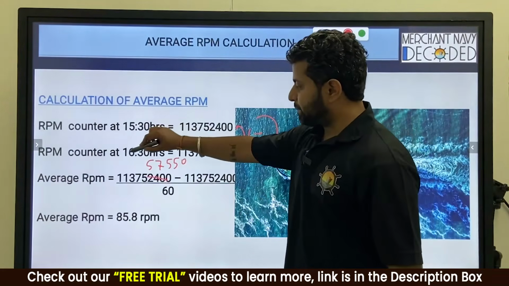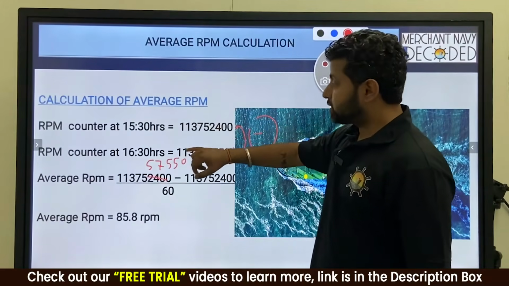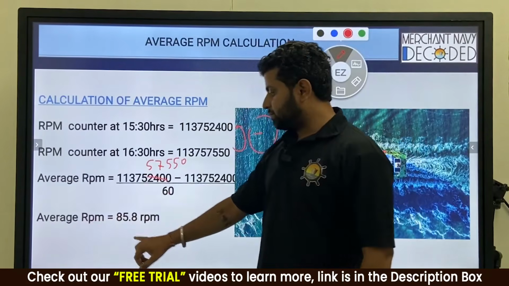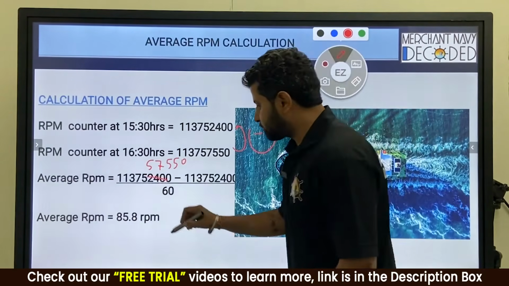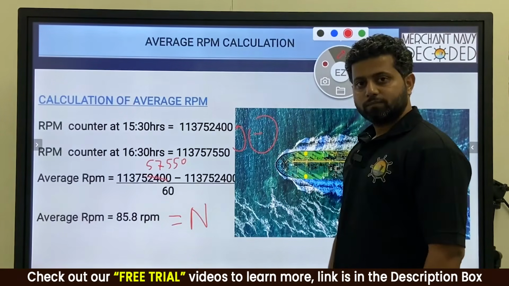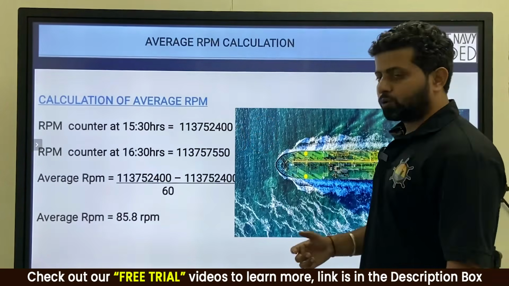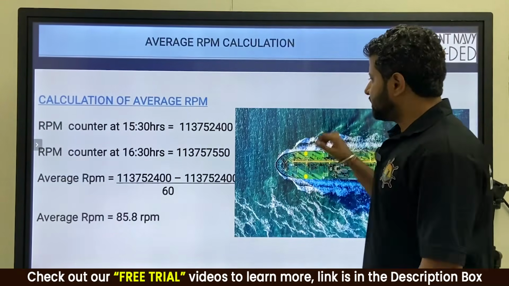So 1630 hour RPM counter minus 1530 hour counter, this is how many revolutions in 1 hour, divided by 60. So average RPM comes at 85.8 revolutions per minute. So this is N. Copied? So this is what you have got, and if you have to calculate small n, then it is N by 60. Simple guys. So this is in front of you,